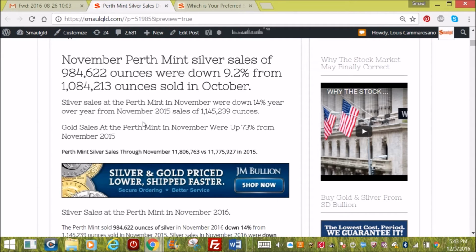Gold sales at the Perth Mint in November were up 73% year over year. This is a trend that I've been talking about actually before it started. I started talking in August about how I expected to see a preference for gold heading into the fall. It's happened. Silver sales are okay, but they are not accelerating in the same manner in which gold sales have